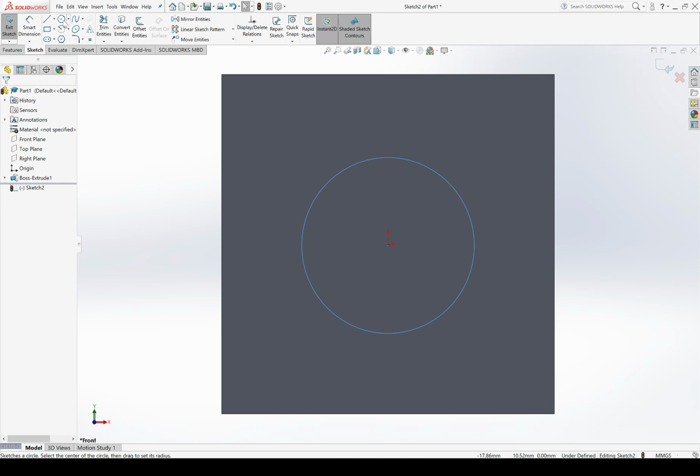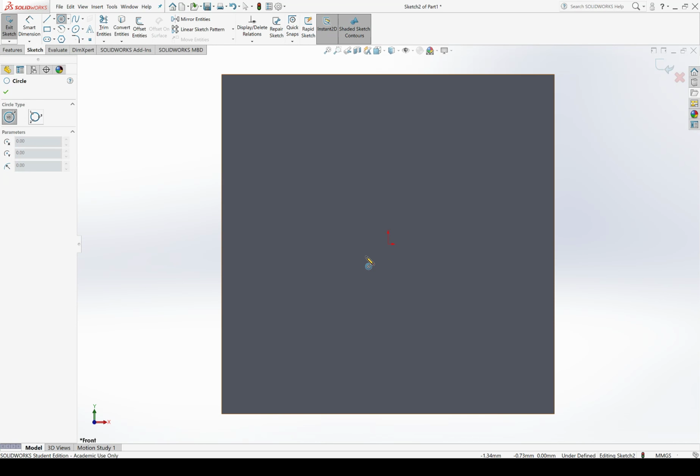Well, I created a sketch. I used the circle tool to define a circle. If you didn't see what I did, I'll repeat it. I clicked on circle. I clicked once to define the center of the circle, a second time to define the outer edge of the circle, but because I haven't actually given it any dimensions yet, that's arbitrary. I don't need to pay too much attention to the dimensions that I'm creating.